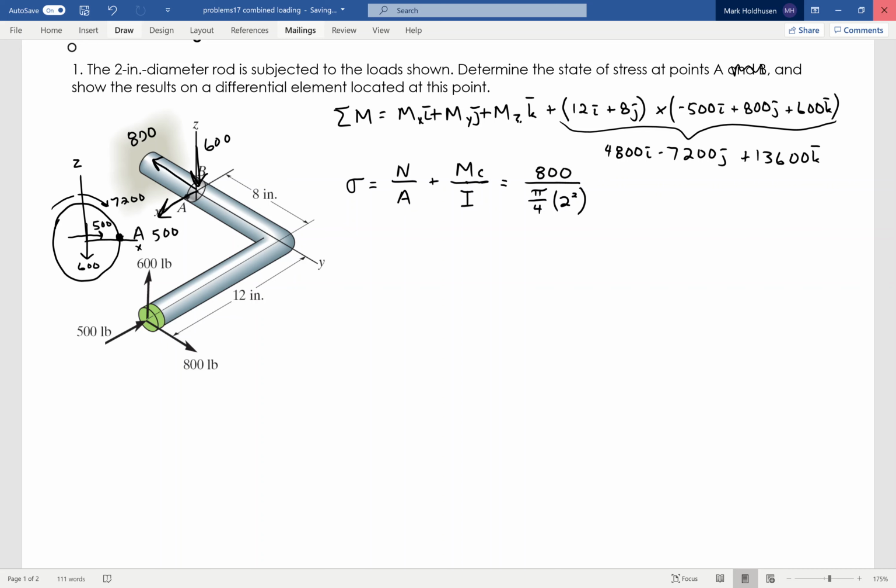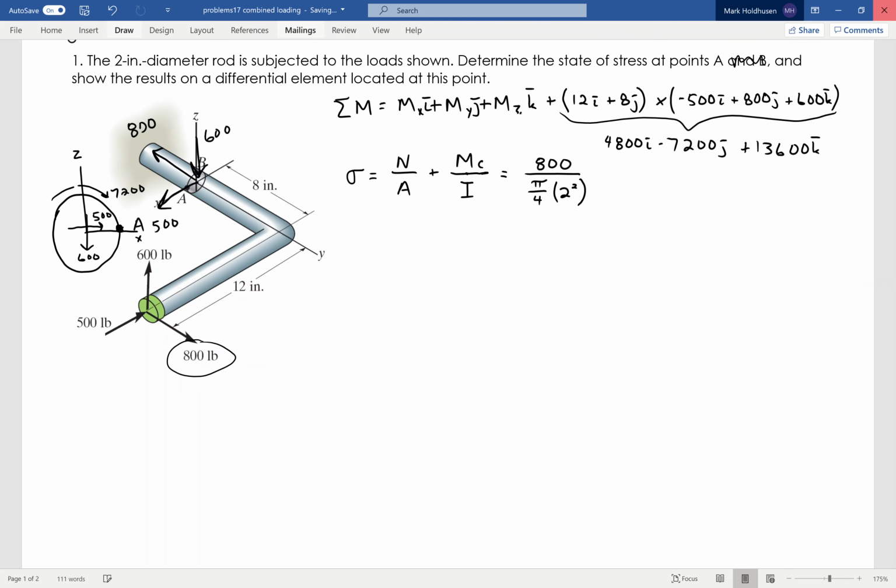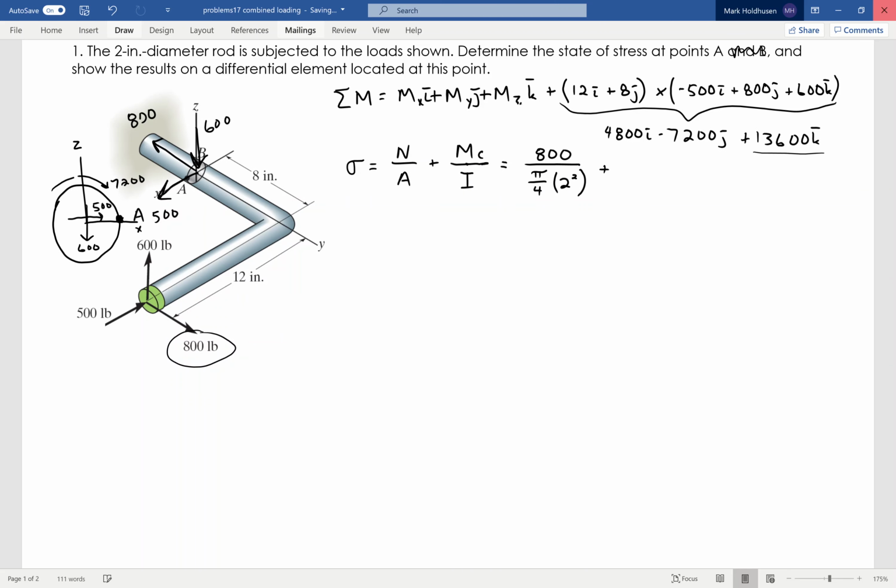Now about the z-axis, that's going to be created by this 800-pound force here, which is creating the 13,600 pound-inch moment. That's also going to be in tension as I think about how that rotates about the z-axis. I think it's easier to visualize how that's going to rotate, causing A to be in tension. Because it's in tension, I'm going to add to it. So it's going to be plus that